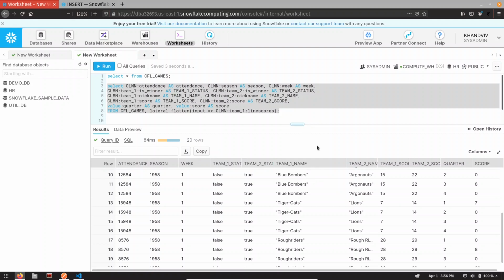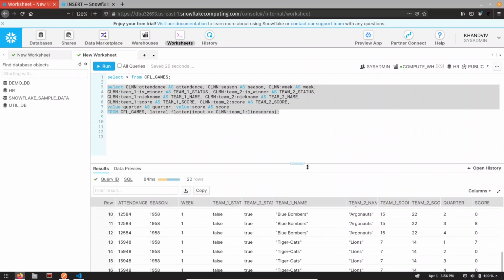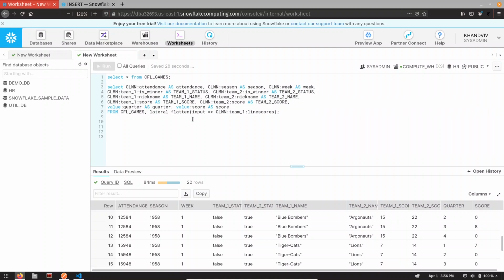One more thing I want to highlight is that there are some columns whose values contain double quotes. We can remove these double quotes by converting the value into a string. You can see in team1 name we are getting nickname. This nickname is a JSON string object. To convert it into a Snowflake string we can use the cast function, and the cast function can be called with the help of a double colon, and after that we can write the data type in which we want to convert.